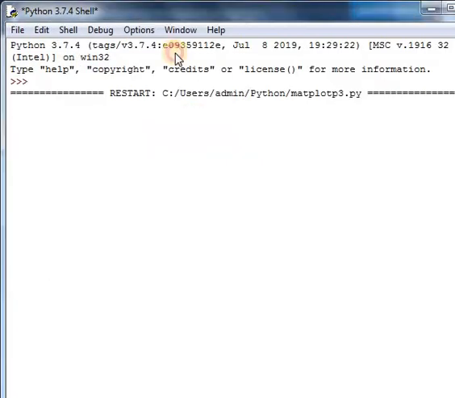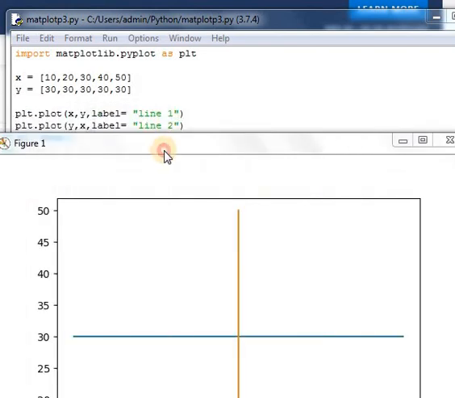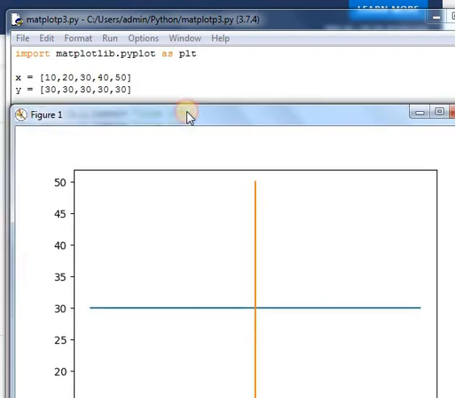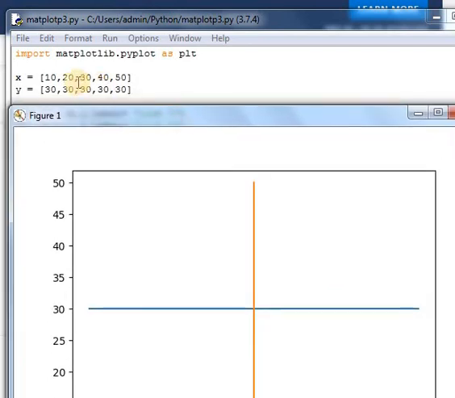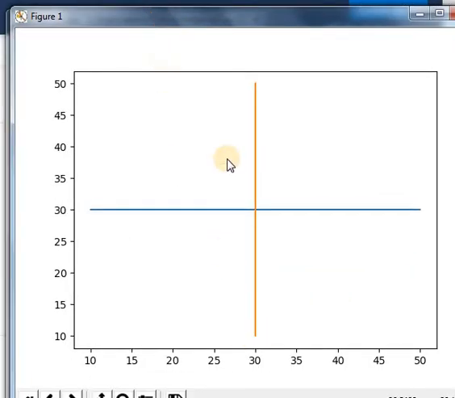Now let us understand with the help of the example. Here you can see, as the x-axis, what is the information that I am giving? 10, 20, 30, 40, 50, and as the y, 30 I am giving. So what is line 1? In line 1, see my cursor carefully: 10 with 30, 20 with 30, 30 with 30, 40 with 30 and 50 with 30.